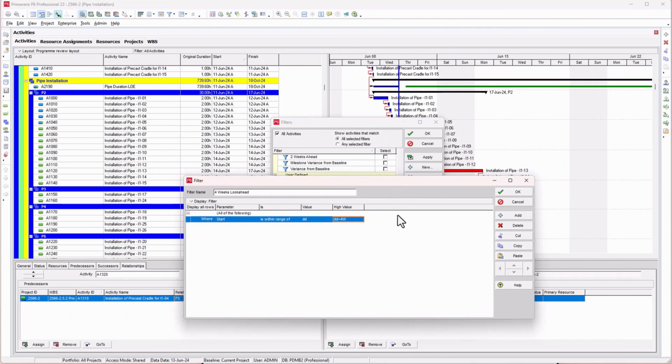We need to do the same thing for finish activities as well. You can create a new one, or you can just copy and paste and say finish is the same thing. You're looking for activity that's finishing within that period as well. And the last parameter you can add is the in progress activity. You want to check if there are any activities in progress within that period. So you can see activity status